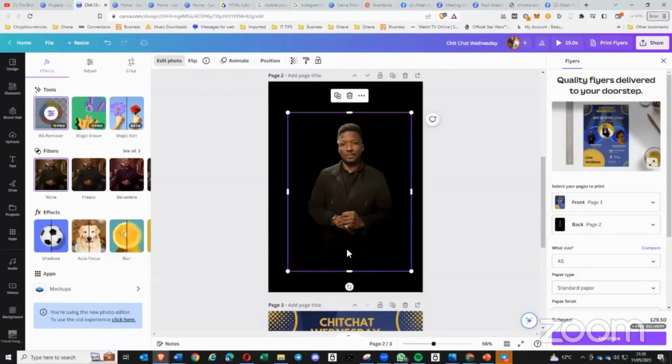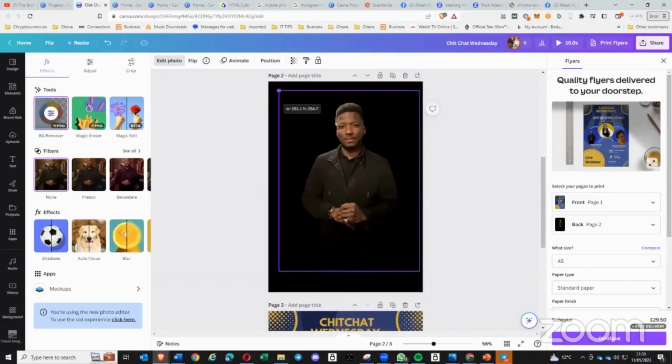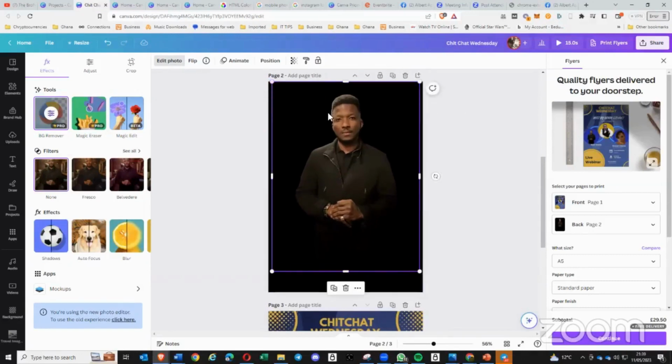automatically removes the background. Now, depending on the image, that may work smoothly or it might not work as smoothly as you would like. So for example, if I expand that, if you look, you will see that there's a little bit of white here, which hasn't quite worked. So when you do the background removal, it's not always perfect depending on the type of image that you're using. So I can go back into it